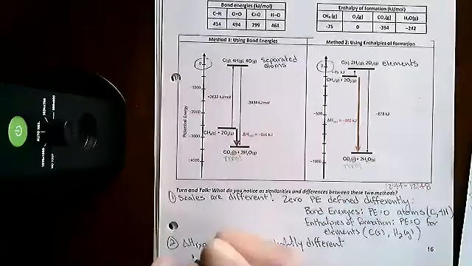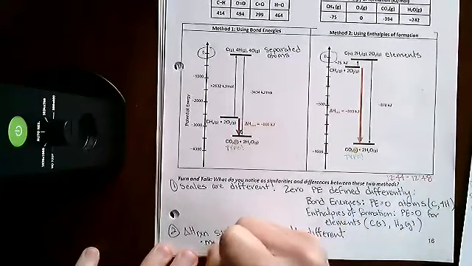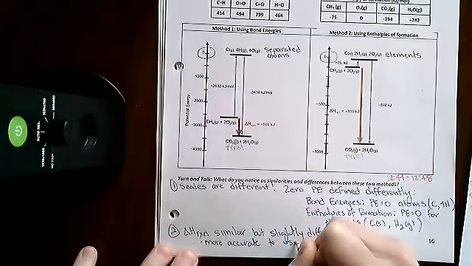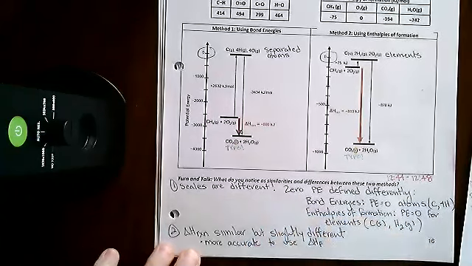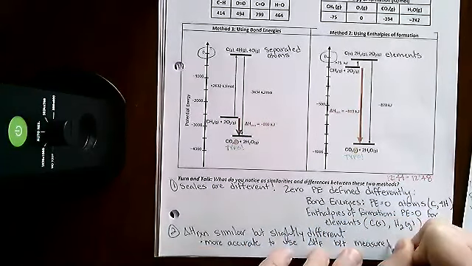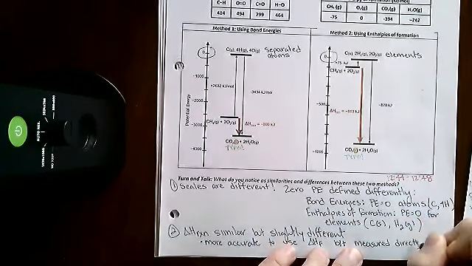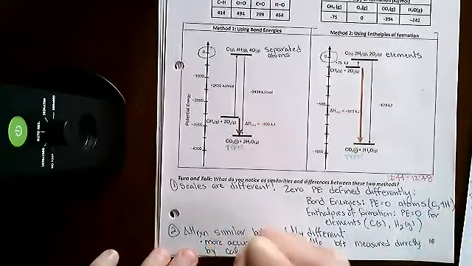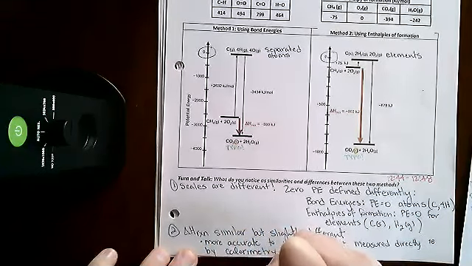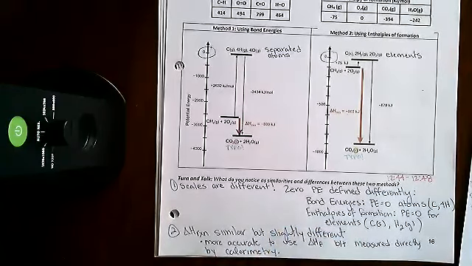I can just maybe put a small bullet point here. More accurate to use the delta H of formation, and that's because those values are measured directly by calorimetry. And calorimetry is a technique we're going to use in the next lab we do, which is called the Hess's Law lab. It's just a way to perform a reaction in an insulated thing like a styrofoam cup and measure